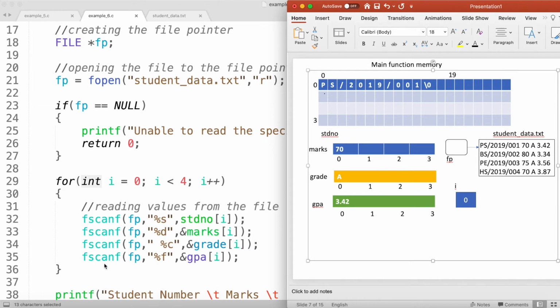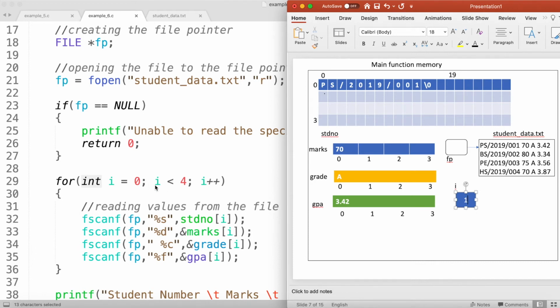So that's all in my for loop. Right now I have completed the first iteration. Now what I need to do is go and update my I value. I'm going to update my I value to be 1, because I'm incrementing my I value. Then once you update the I value, you need to come here and check the condition. If this condition becomes true, then you need to iterate the loop once again. If this condition becomes false, you can exit from the for loop.